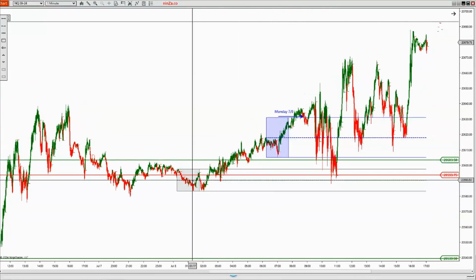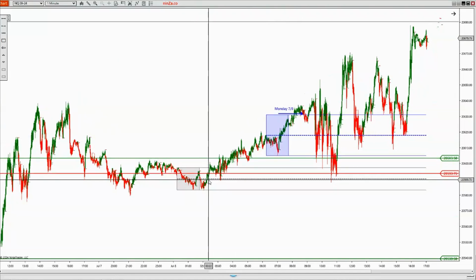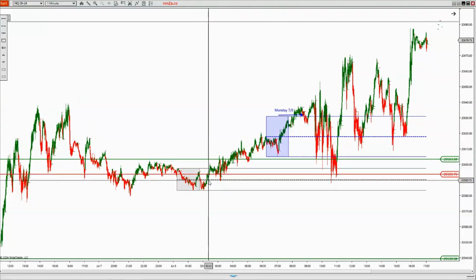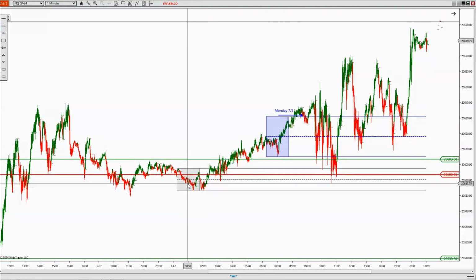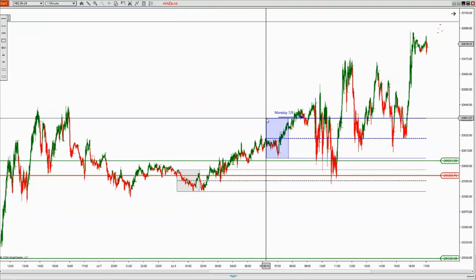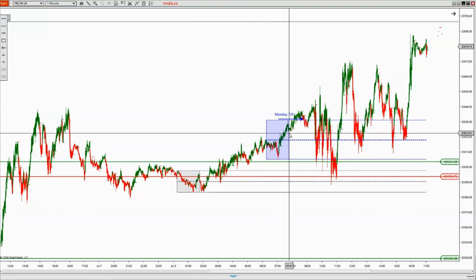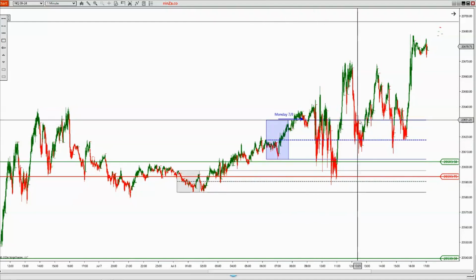Now these ranges are free, and I'm going to tell you what the times are. I've got some other free stuff I want to give you in this video as well. The time windows: this range right here is 12:15 to 1:45 Eastern Standard Time, AM, in the morning. And this one right here, 6:15 to 7:45 a.m. in the morning. And you can project that forward.